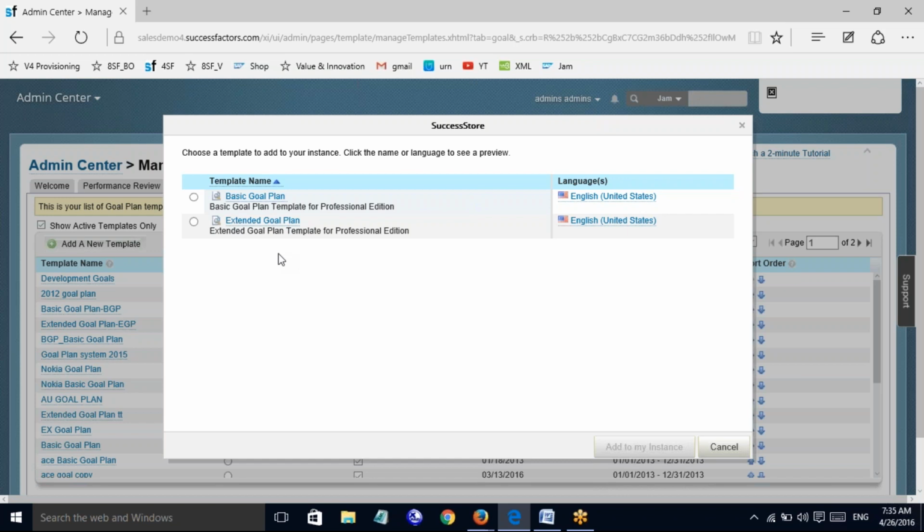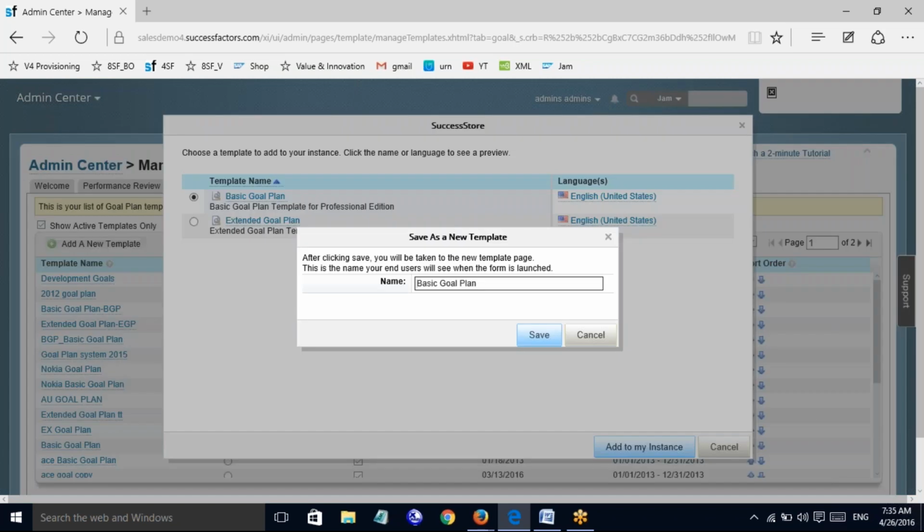Extended goal plan has multiple goal categories. So you can just go and select any of these existing templates in the success store and click on add to my instance.